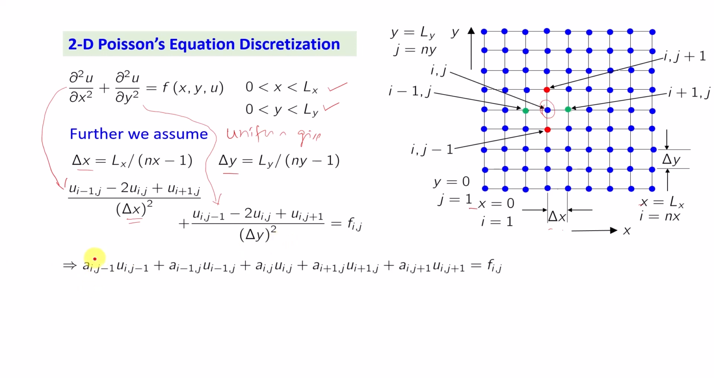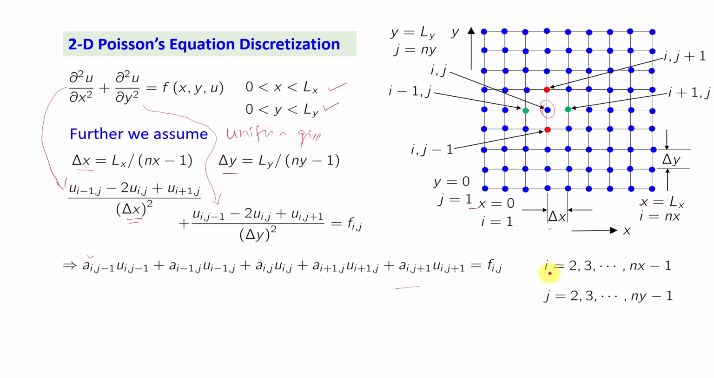I can write the coefficients as a_{i,j-1}, u_{i,j-1}, a_{i-1,j}, u_{i-1,j}, a_{ij}, u_{ij}, a_{i+1,j}, u_{i+1,j}, a_{i,j+1}, u_{i,j+1}, and f_{ij}. So what are these a's? Well,